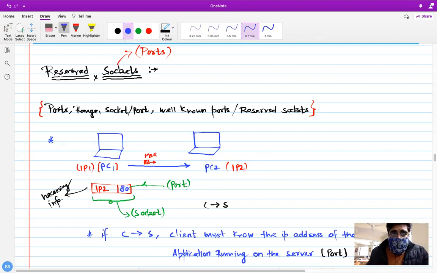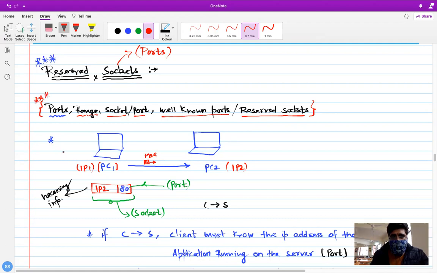When we cover this topic, which is very important, we would know about the ports as well. What are the ports? What is the range of ports? What is the difference between socket and port? What are well-known ports? What are the reserved sockets? When we discuss reserved sockets, we will get to know about these, or we should cover these topics as well.